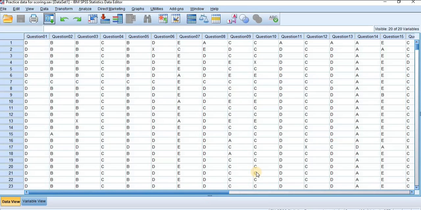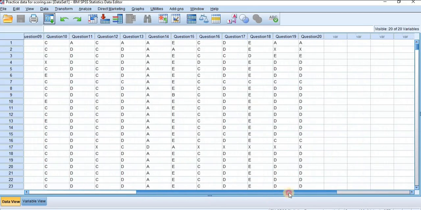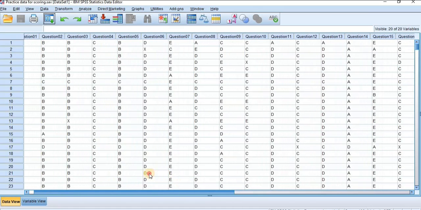I wouldn't know which subject this is, but we hypothetically produced this data for the purpose of this training, so that you can learn how to score a multiple choice test using SPSS. I believe it is not only SPSS that you can use to do this. You can use other programs as well. All right. Now, when you have it in this form,